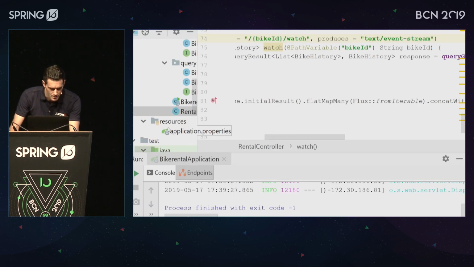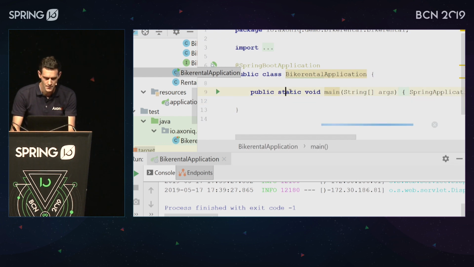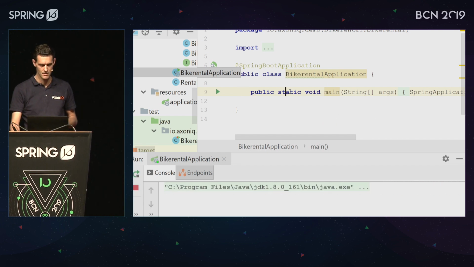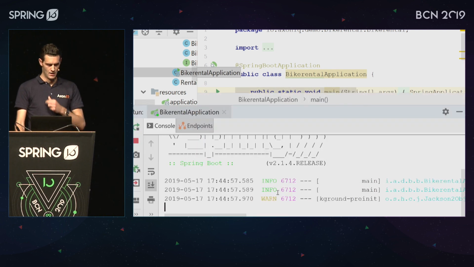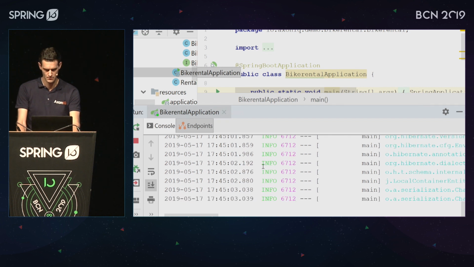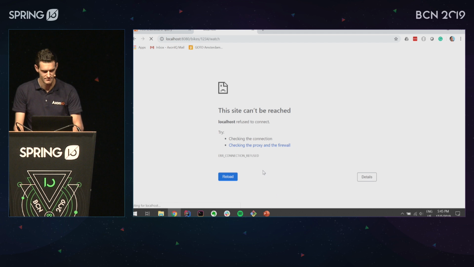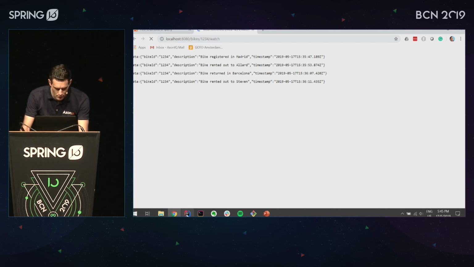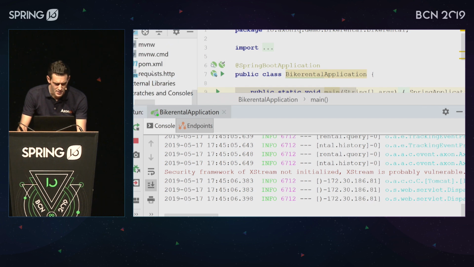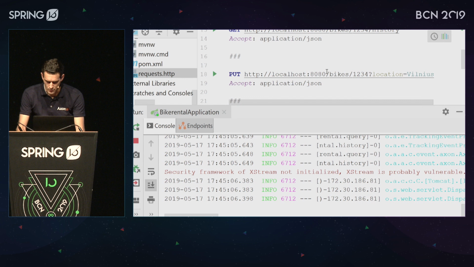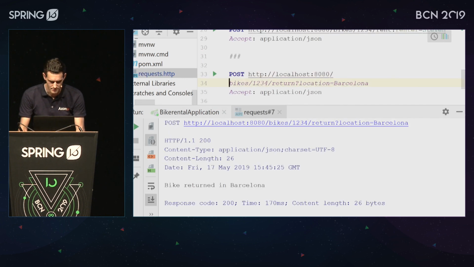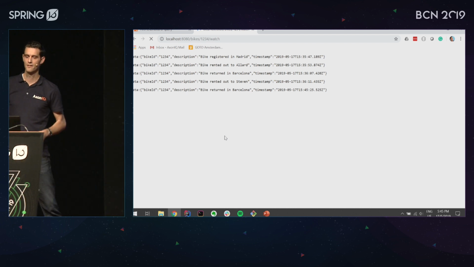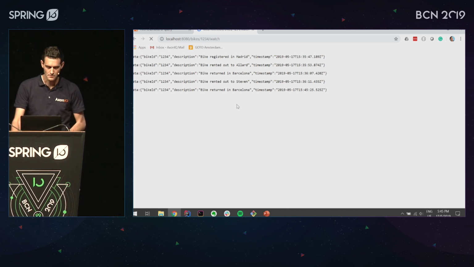whoops, we need to start the application, running out of time here. Yes, so now we get information, and it's still wiggling around there, so we need to get 1, 2, 3, 4 back somewhere quickly. Let's go to our HTTP requests and find return, return, return. Let's return it to Barcelona. Okay, bike return in Barcelona. Let's go back. Yes, return in Barcelona. So it's just streaming this information live to this front end. So that's fairly simple